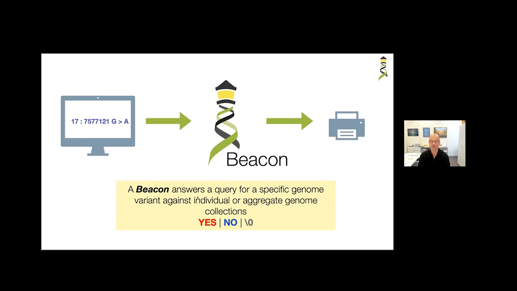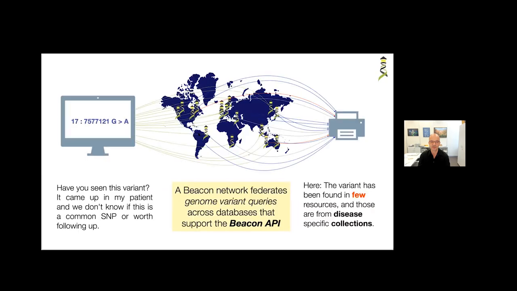And then you see, yes, this variant is there or it's not there, and so on. This doesn't seem very informative, but actually it becomes informative if you do this over a network, and that was what the beacon protocol was made for. So if you have the possibility to send the same query out to resource providers worldwide, and then get a response back: is there this variant in this database, or isn't there?